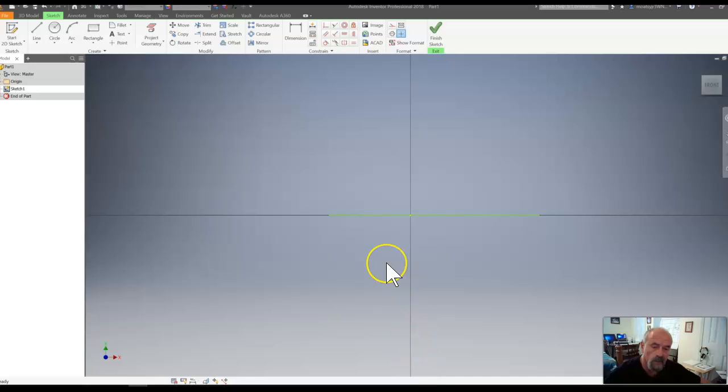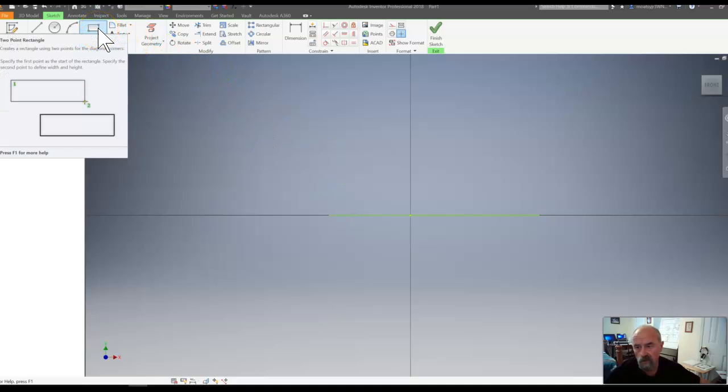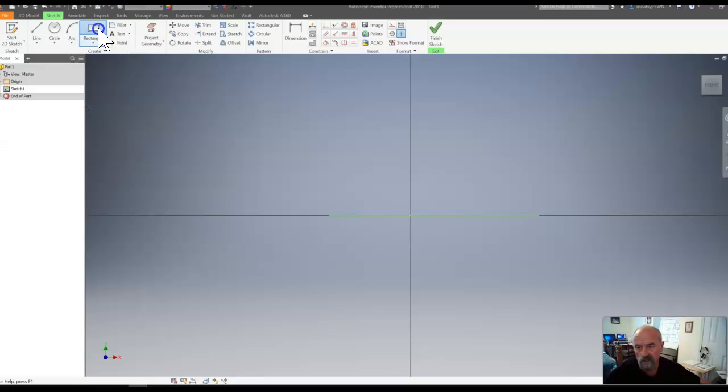So the next thing I'm going to do, come up to my tool ribbon, to the 2-point rectangle, to create a rectangle using 2 points from opposite corners. I'm going to come down here, close to the horizontal line, on the vertical line. Click once,